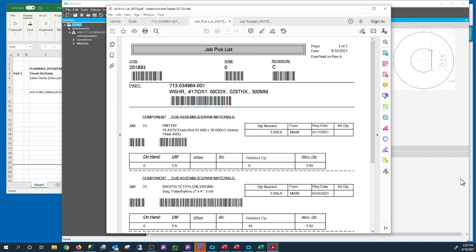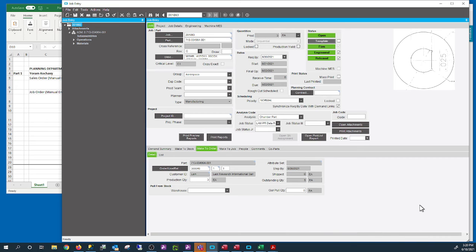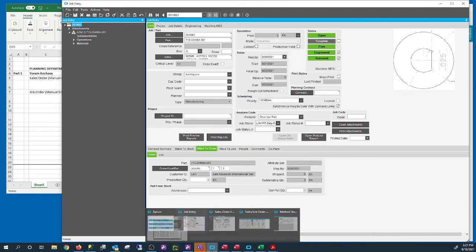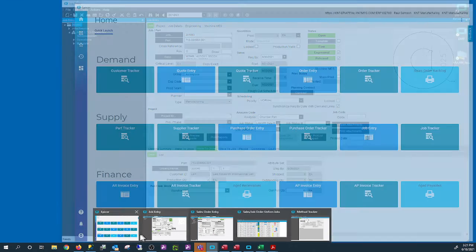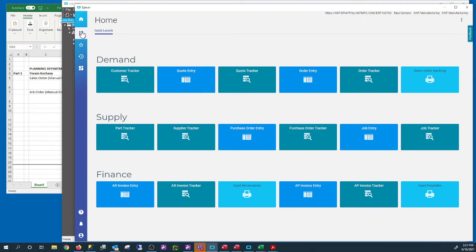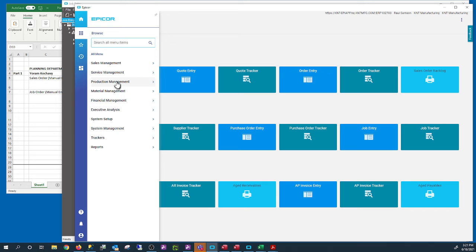Once released, you have a button for release, and you have a dashboard that can show you which jobs are released or not released. As far as printing, we don't have that. Is there a report to show that all the released jobs have been printed? We can add that check in the dashboard. Once document control prints it, the dashboard will show it as printed.